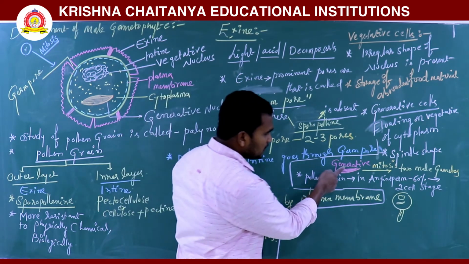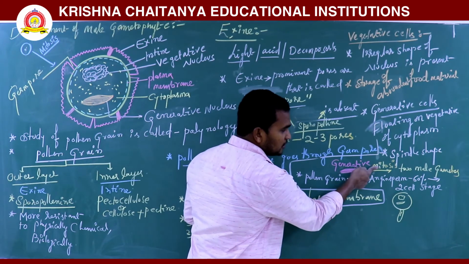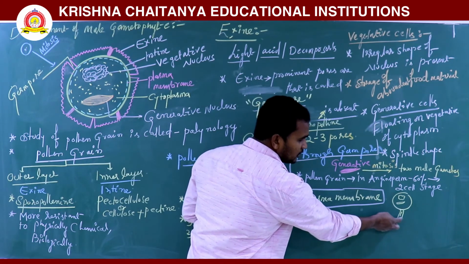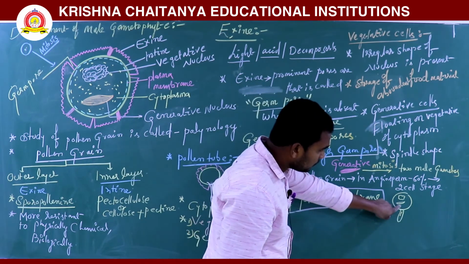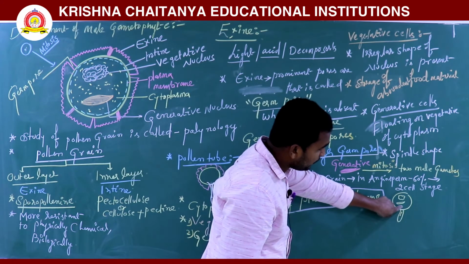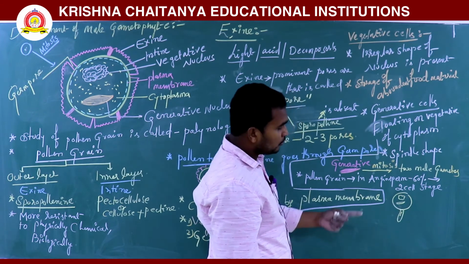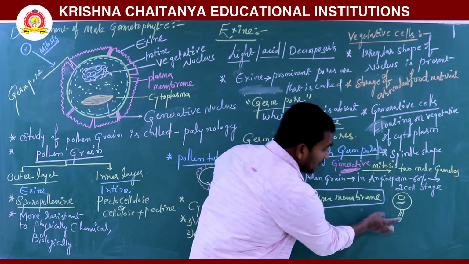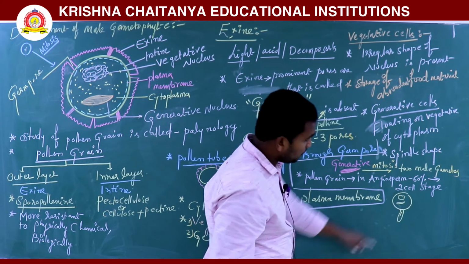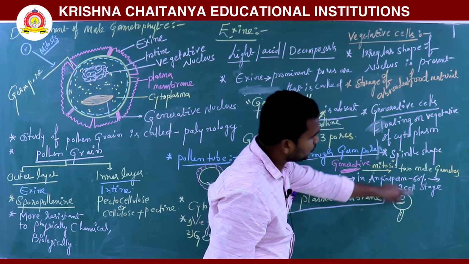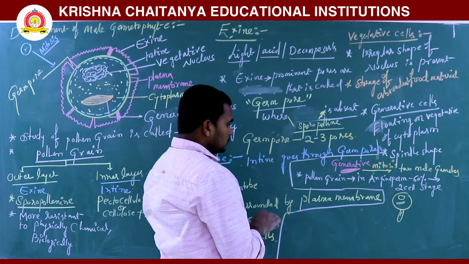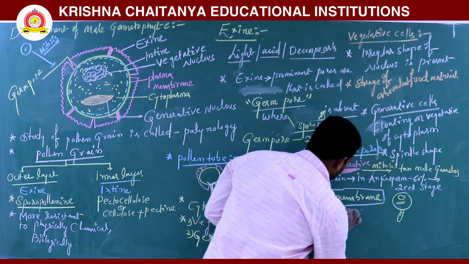Okay, so this is the generative cell. By mitosis it produces two male gametes. Where? In the pollen tube, not here. In the pollen grain the cytoplasm is not divided; when it enters the pollen tube, it divides into two male gametes. Here it is not divided, that's why it is a two-cell stage. Okay, so the remaining 40%